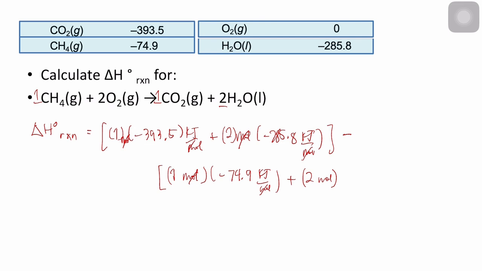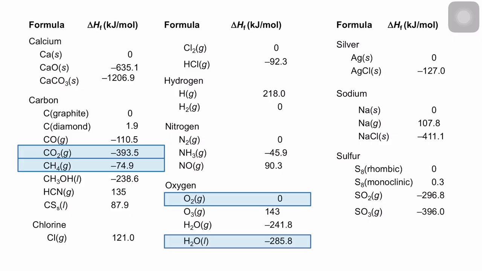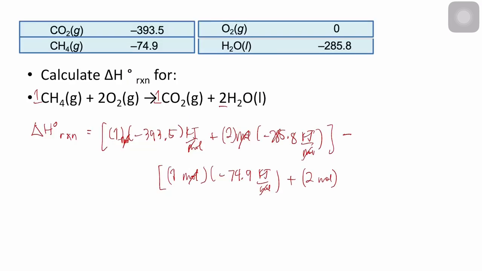Okay, that will always be the case if we go back to the table, no? So carbon in graphite form in solid form is 0, calcium in solid form is 0. So for all of those elements in their natural or standard state, the heat of formation is 0. Okay, so this will be 0 kilojoule per mole. Cancel the mole. Technically, this will just be 0. So we solve for the standard heat of reaction, or enthalpy of the reaction.